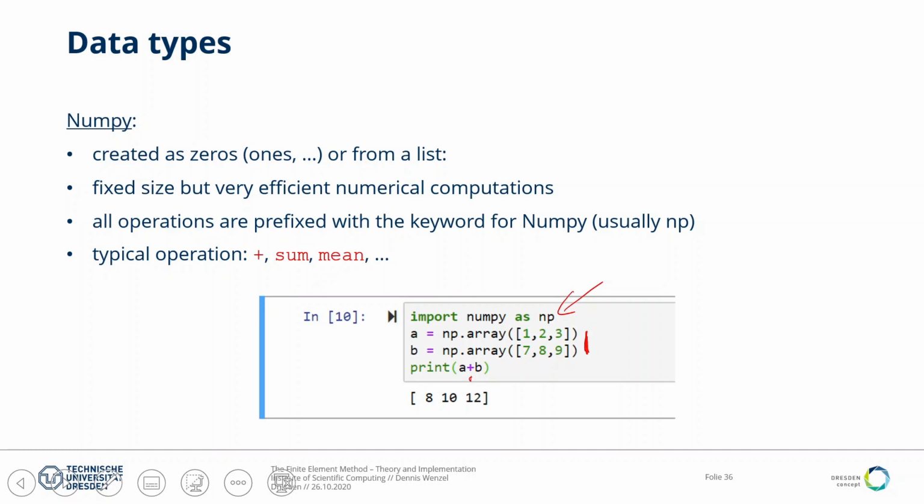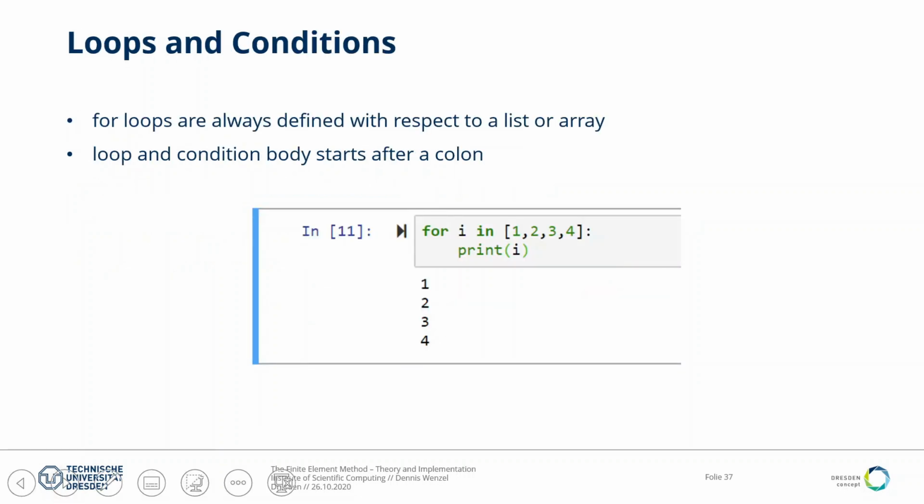Okay, so now we have seen standard data types and lists and NumPy arrays. Now let's go to two other standard things in programming languages, loops and conditions. So the for loop, as the most famous type of loop in Python, is always defined with respect to a list. So Python syntax always requires you to say for my variable name in a certain list. So as you can see in the example here,